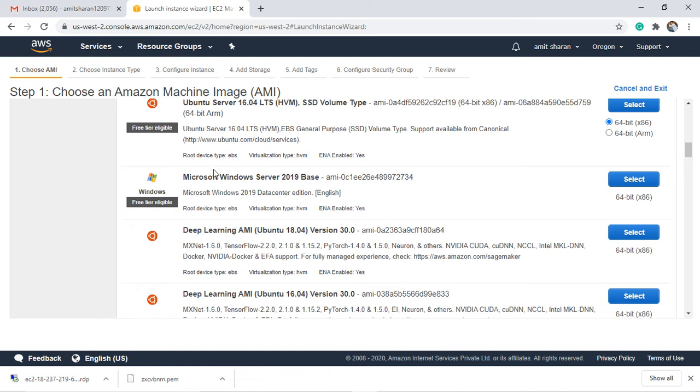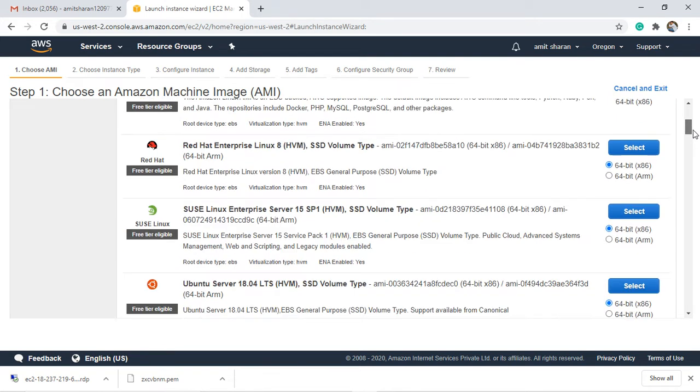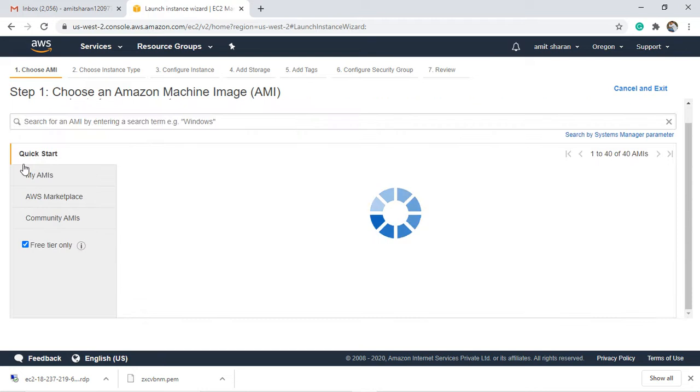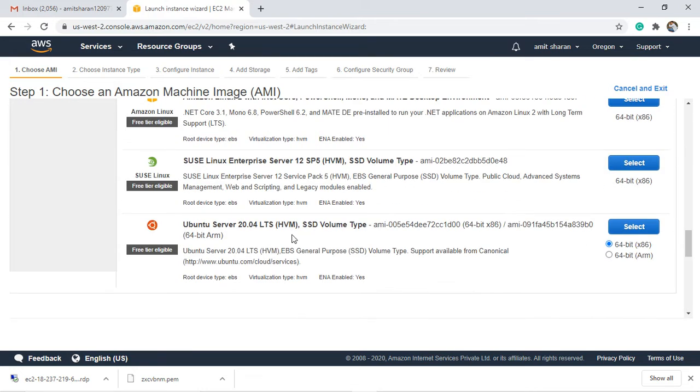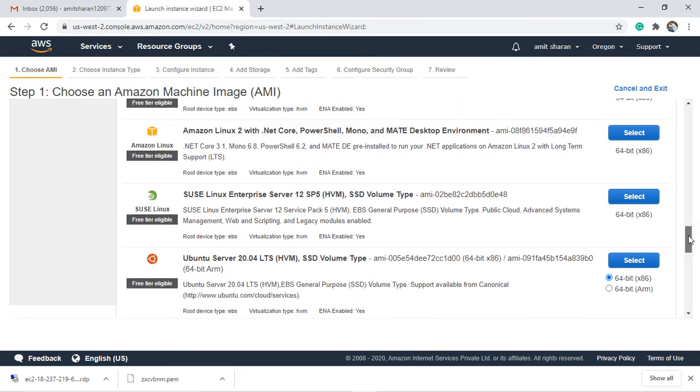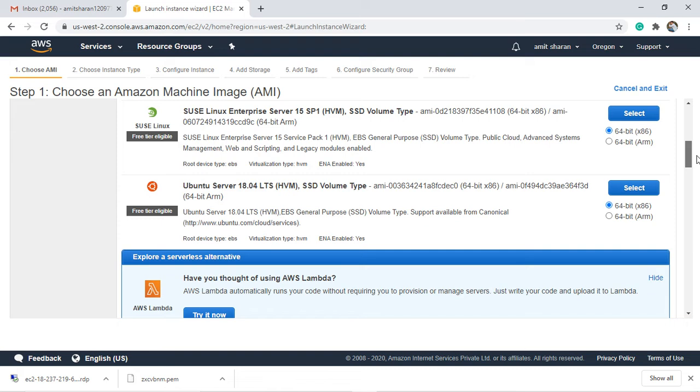I'm using the Microsoft Windows type, which is free tier eligible. If you have a problem choosing your free tier eligible, simply filter free tier only, and you have all the options which are free tier only. See, all these AMIs are free tier eligible.